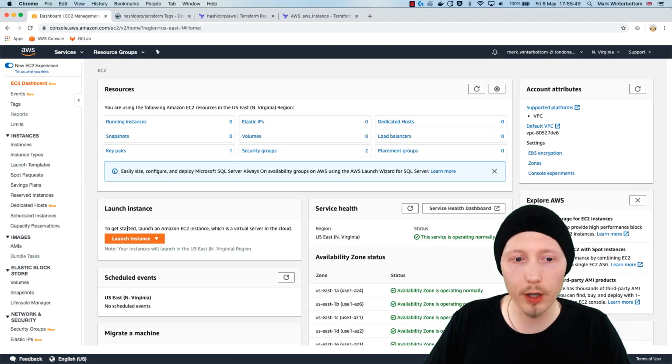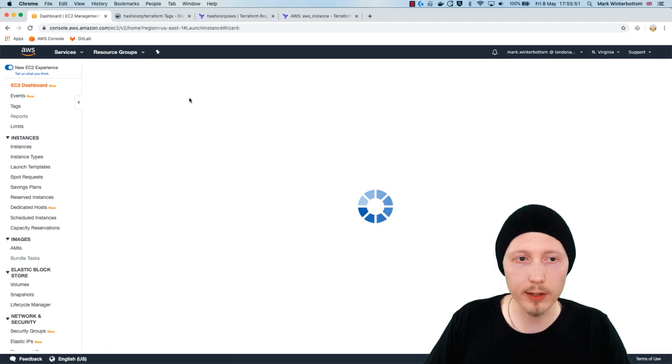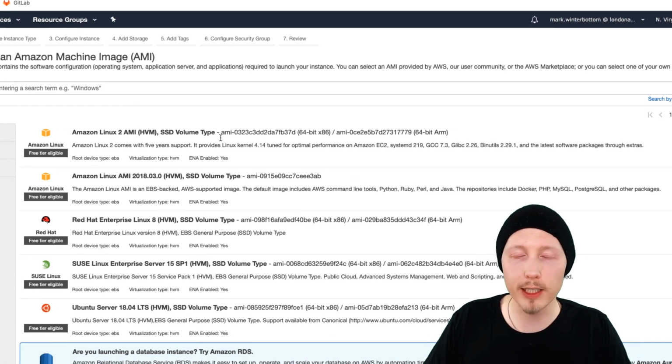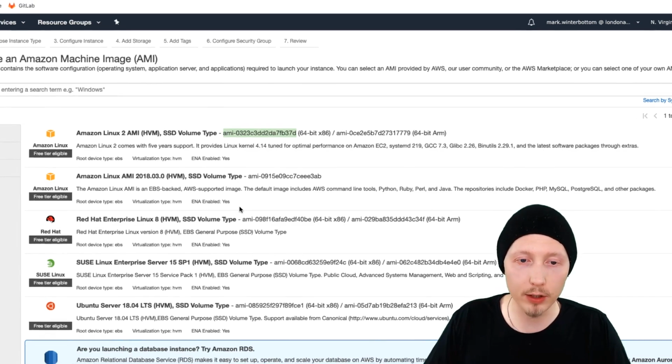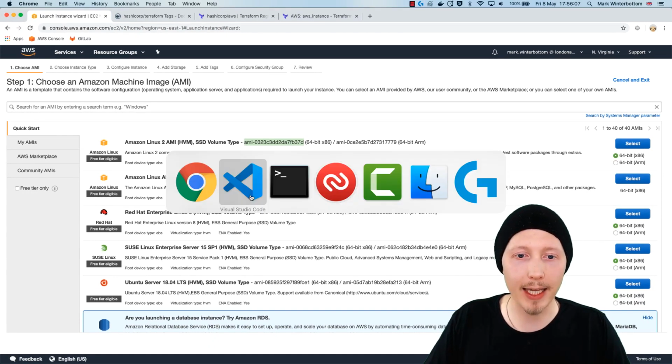And if you click on Launch Instance here, you can see it brings you to this page, the page that has the different images that you can use. We're going to use Amazon Linux 2 for this demo, and you can see the AMI ID here. So we're just going to copy the AMI ID from Amazon Linux 2, and I'm going to head back into